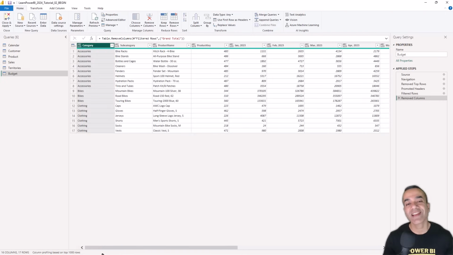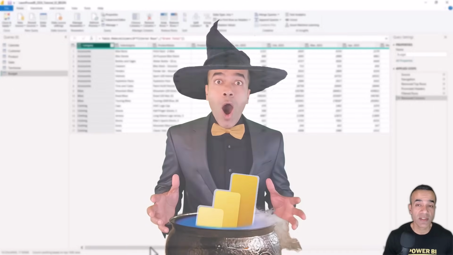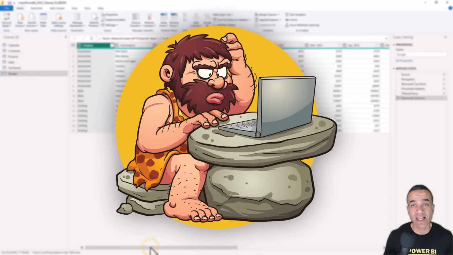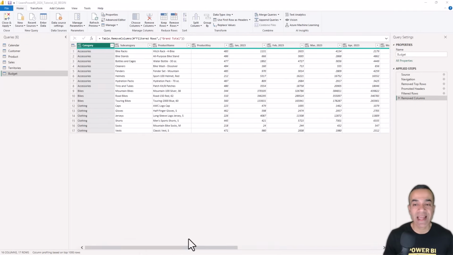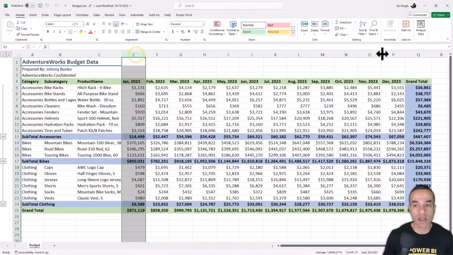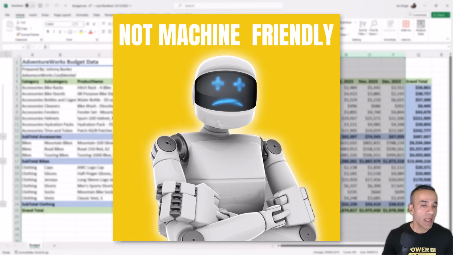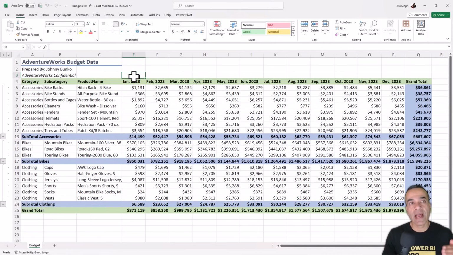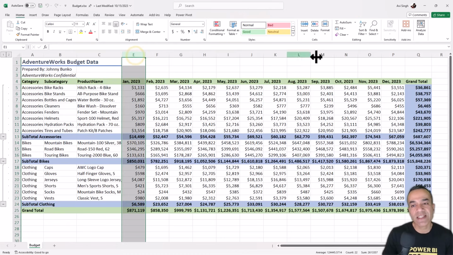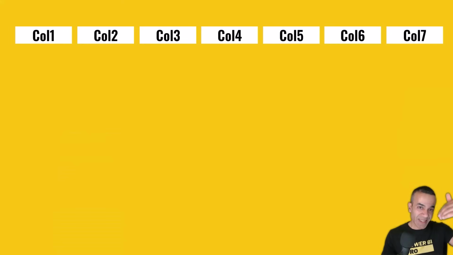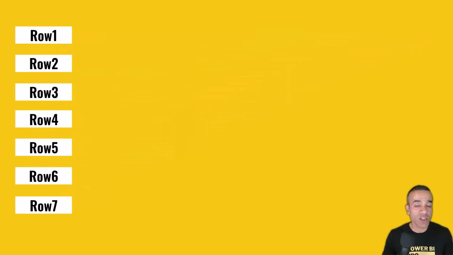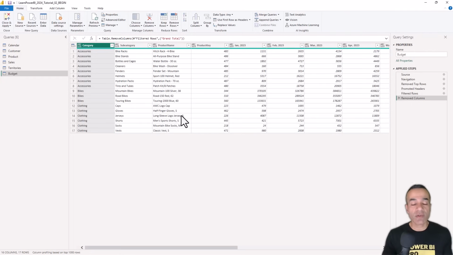And now for the final act. And this is one of my favorites because in the old world of the old Excel, I used to struggle so much when I needed to do something like this, which is, again, this data, the fact that it is spread across these columns is unnatural for Power BI. And if you leave it this way, you're going to have a lot of challenges in the next steps when you start defining the Power BI formulas or DAX measures. So what we need to do is to take these columns and turn them into rows, an action that is called unpivot. So yeah, I really struggled to do this, but let me show you how you can do that